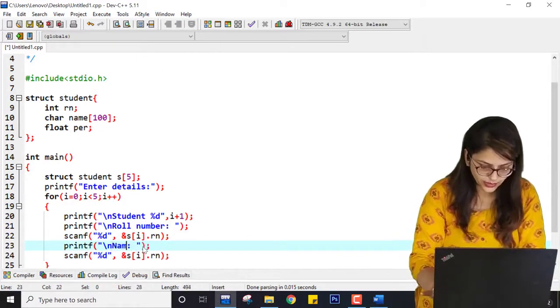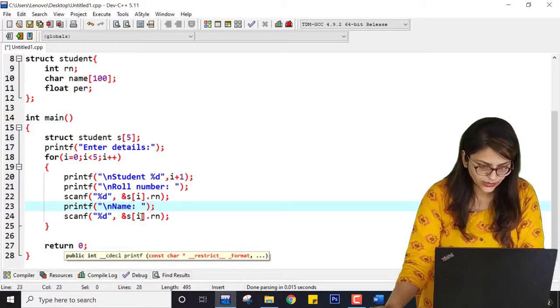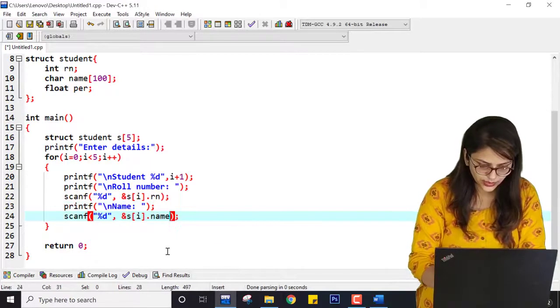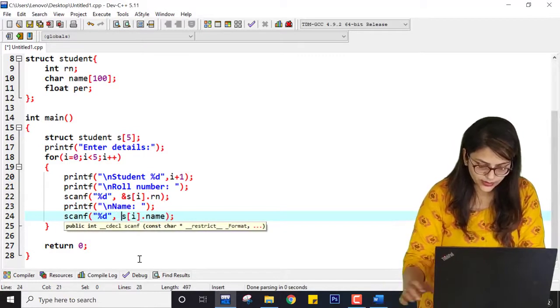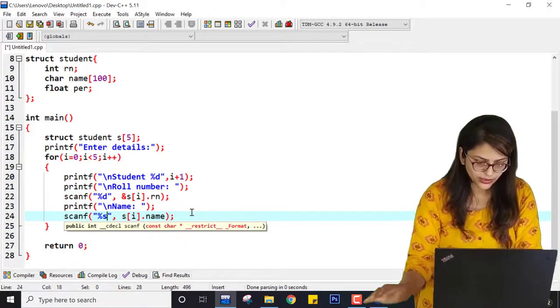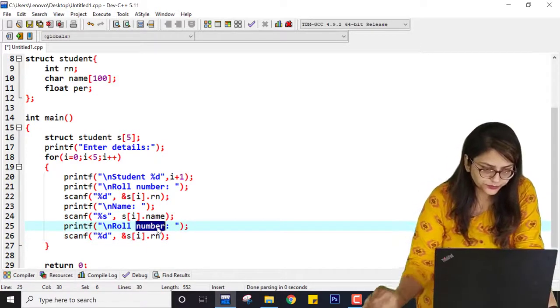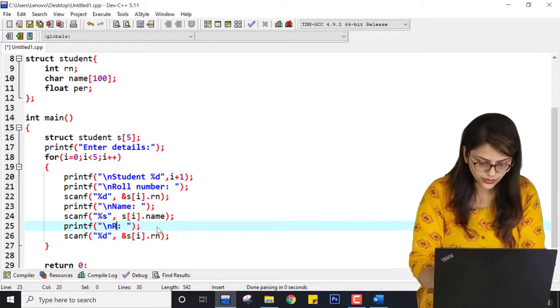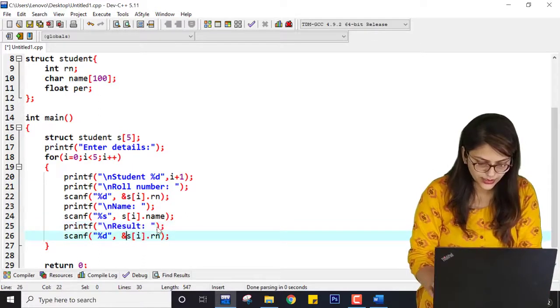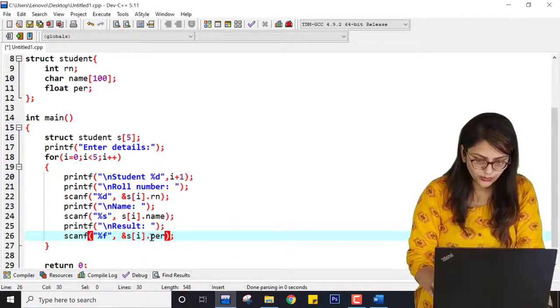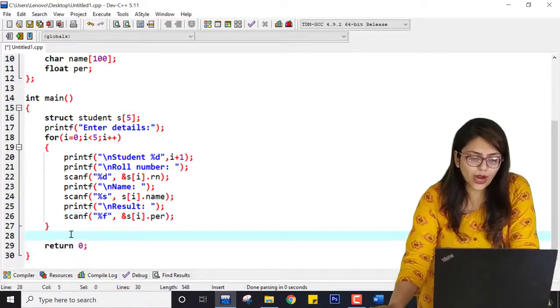Enter, say name, and here it will be s of i dot name, and here the ampersand is not needed. After that it will be enter, say percentage, or say result, right? So instead of %d it will be %f, and instead of rn it will be dot per. So I just have to add this data.